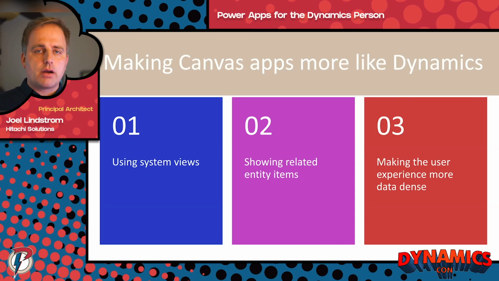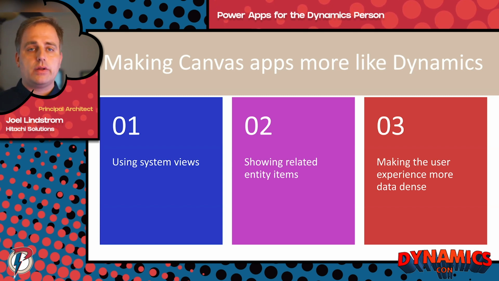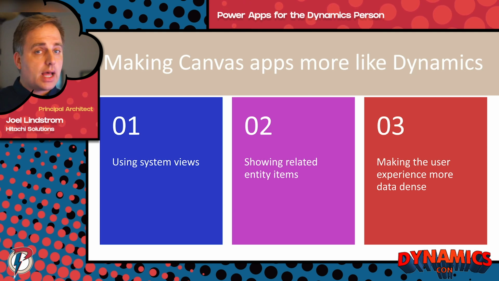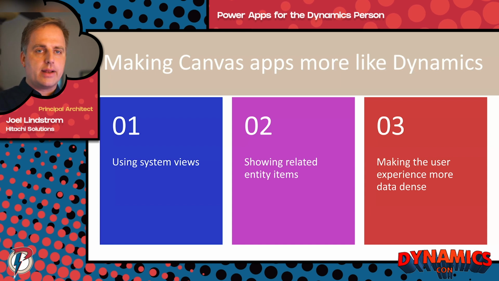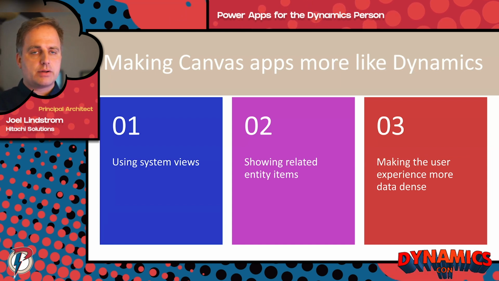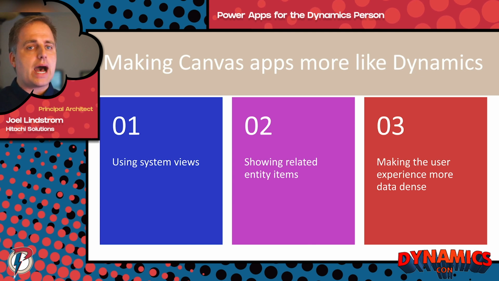So as you get started with Canvas apps, one thing people coming from a Dynamics perspective are used to seeing things a certain way. They're used to the model-driven layout. And the great thing about model-driven is it does a lot of the work for you. The header for the app is the same. The save button's always in the right place. You have a common metaphor where you start with a dashboard and a sitemap where you go in and you see pre-made form layouts, which is optimized for large deployments, large applications, because you need that consistency.